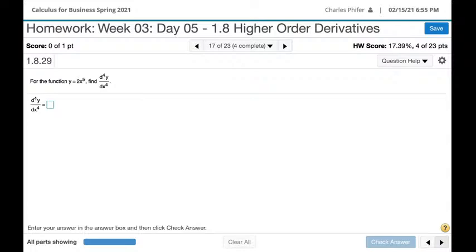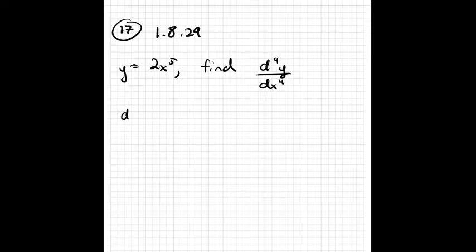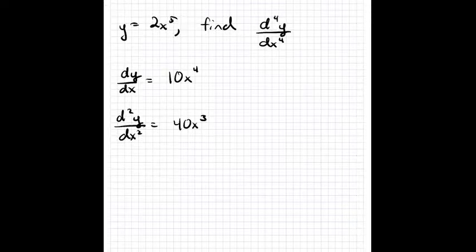Let's hop over to the tablet so the people at home can see. Okay, so basically take the derivative 4 times. So the first derivative, dy by dx, that's going to be 10x to the 4. And then the second derivative of y with respect to x, the 4 comes down, that's going to be 40x cubed. The third derivative of y with respect to x,